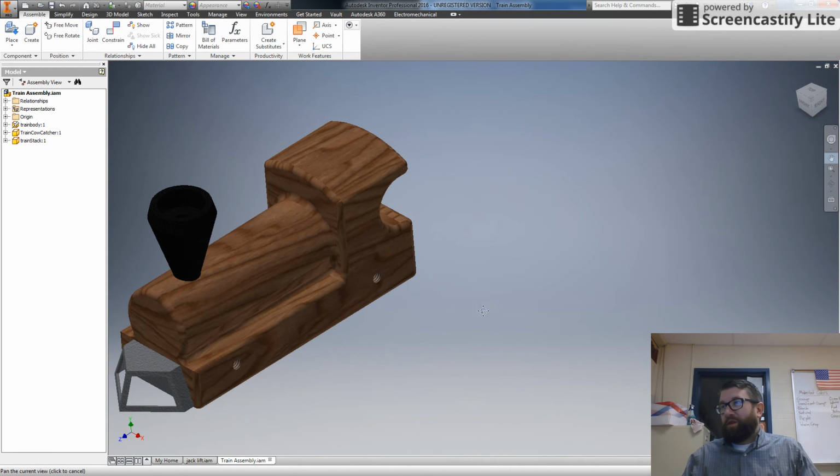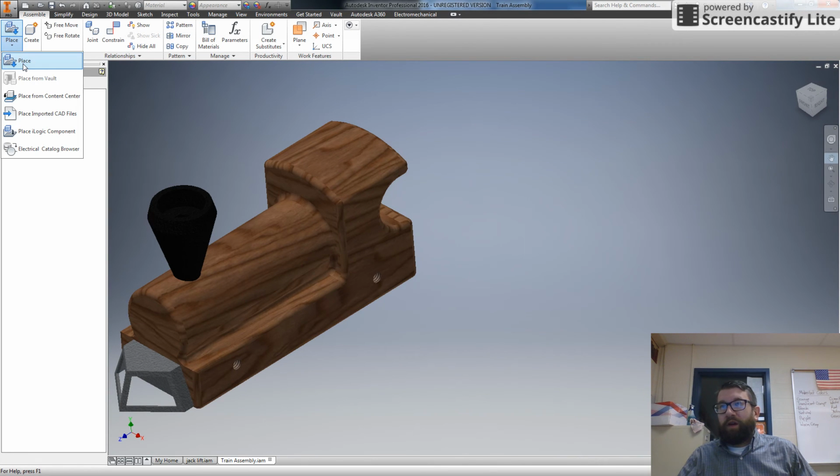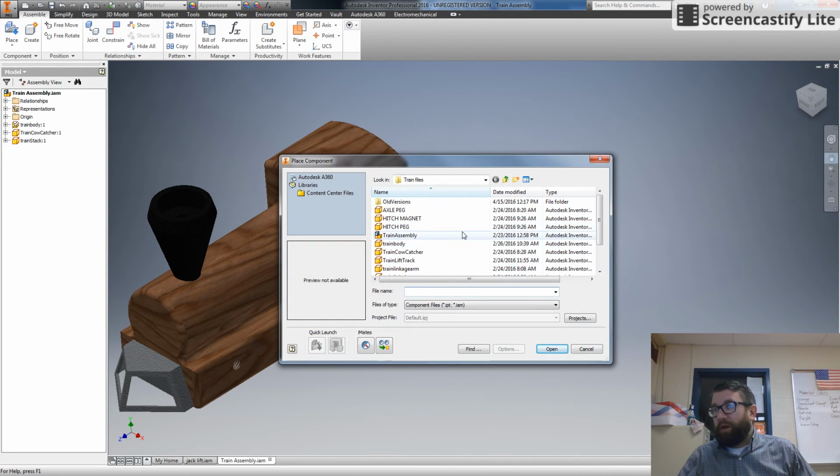Now, I mentioned earlier that we are going to be using multiple parts of some other things. For example, we're going to be using multiple parts of the train wheels, multiple parts of the train axles, and multiple parts of the linkage pegs, and the linkage arms actually. So let's bring in some wheels. So I'm going to go to place, and I'm going to find my train wheel